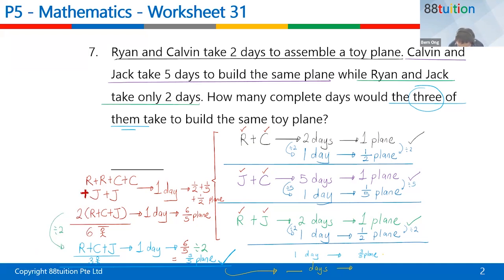You have to divide by 3/5, because 3/5 divided by 3/5 will give you back the 1 plane. You want to find 1 plane. So if you divide by 3/5 here, down here you also must divide by 3/5. So 1 divided by 3/5 will give you 5/3 days. And that's your answer. 5/3 days is actually